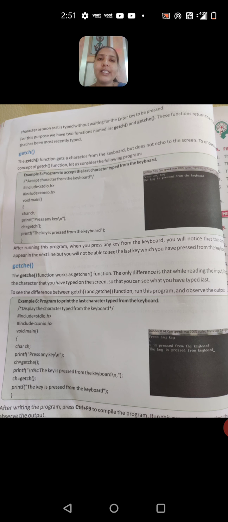So I think this is the end of this lesson. Okay, I think all of you have understood. If you have any doubts, you are free to ping in the subject group. I will give these exercise questions and answers through pictures, as I gave earlier for the previous chapters. All of you read the books carefully and start reading the lessons.